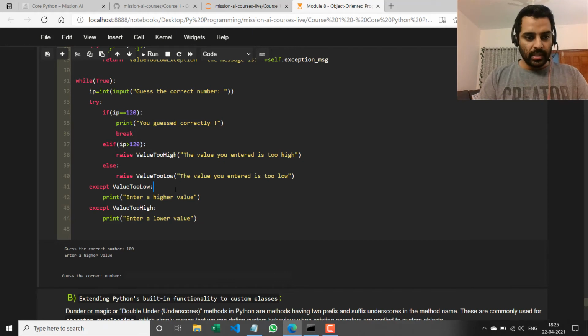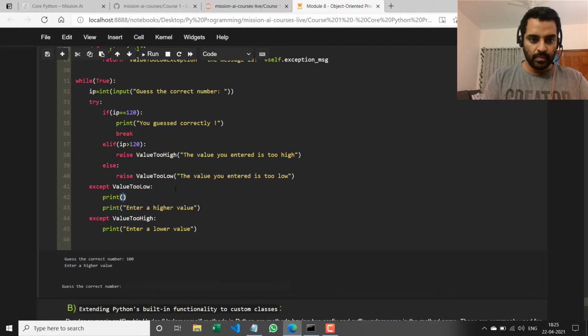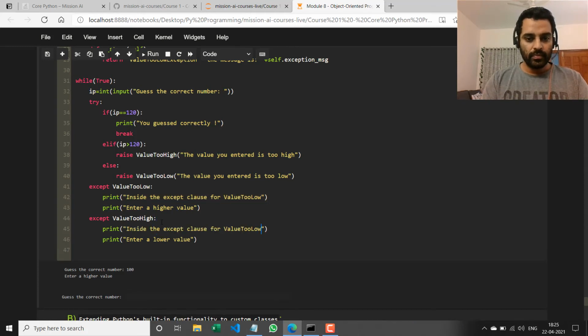I can also print, right? Inside the except clause for value too low. And similarly, inside the except clause for value too high.